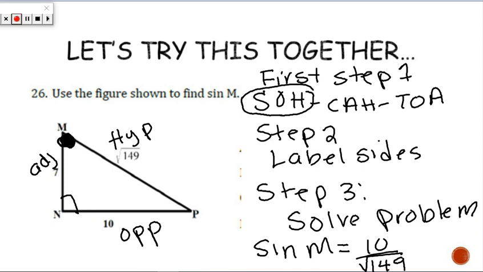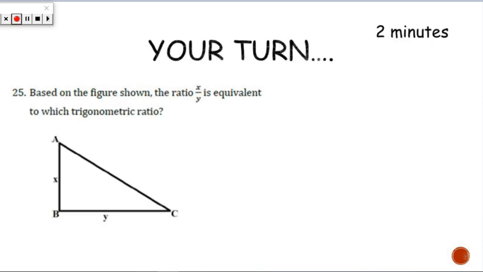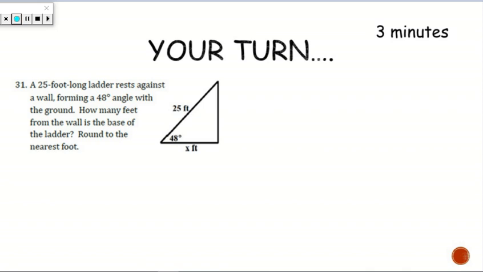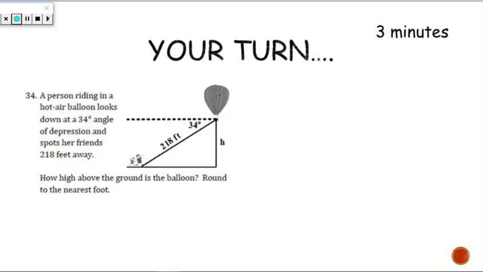Okay, so what I want you guys to do is to go through, try this one on your sheet, this one that's on your sheet, this one that's on your sheet,